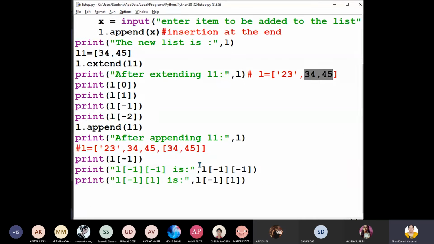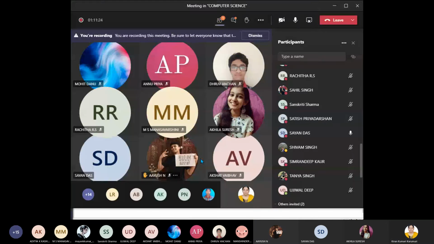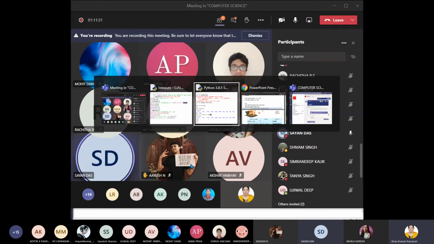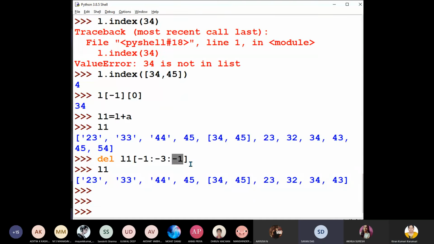Now, yeah, someone else is asking doubt who? Dhruv. Ma'am, in that index, why is it showing 4, ma'am? It should show 34, no, ma'am. Which one, ma'am? Ma'am, that L dot index. Yeah. This one only, no? Del L1 minus 1 to minus 3 minus 1.